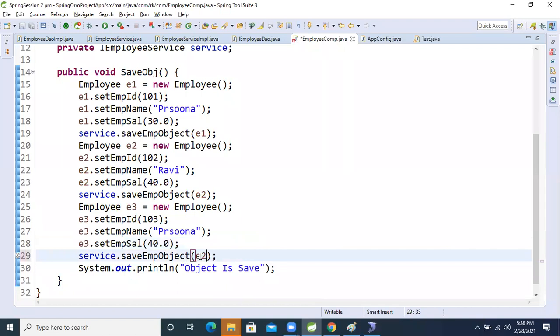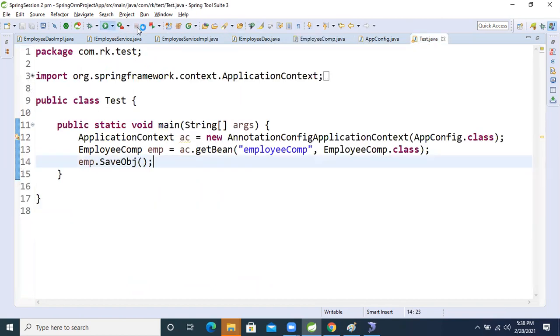I'm going to save three objects: Ravi 102, Ravi 40, and here 103, here Pankaj. Okay, fine. So now let's run this application, and the three objects will be stored in the table.